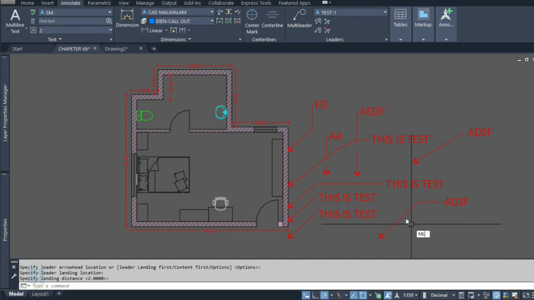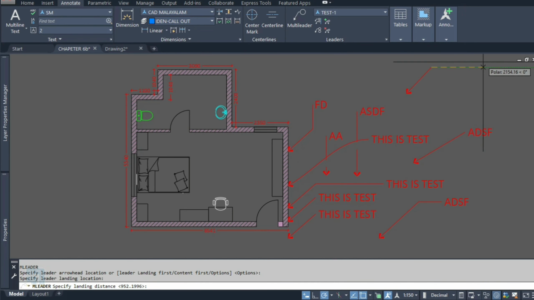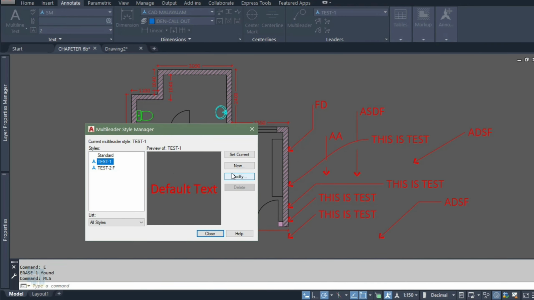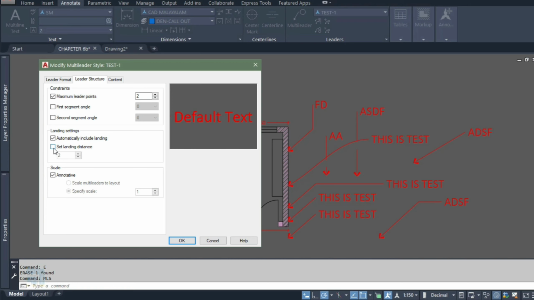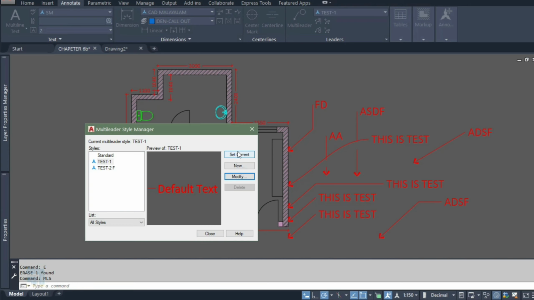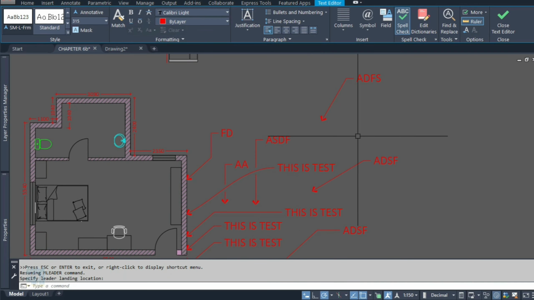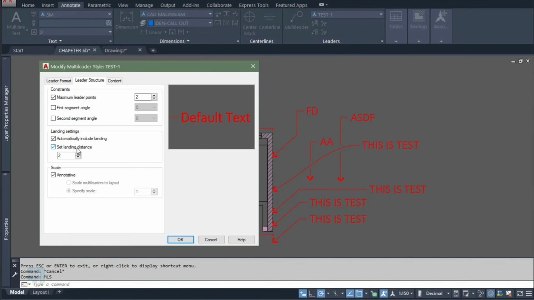Whatever the distance, you have to put it also. If you set the distance, you don't need to click 3 times. You just click 2 times, so the landing distance will be set automatically.